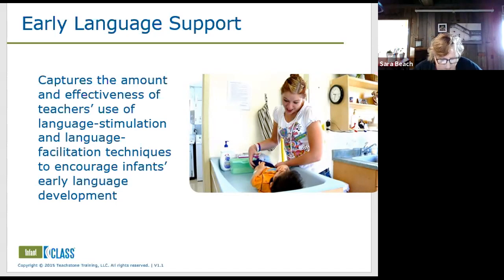Okay, the second one is communication support, which is initiating sounds or words. Teachers frequently encourage infants to verbalize. So you hear any little sound come out, and you're like, oh, what sound is that? Ooh, ooh, and you're imitating or repeating what they're doing. So this is about talking to kids, talk that's directed to them, getting them to make those sounds.